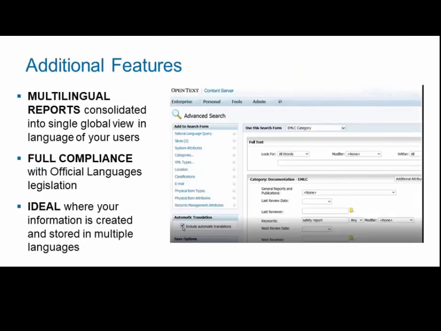And then we did touch a little bit, Ben mentioned some of the other features that we didn't present today: the multilingual reports, the workflows. Again, workflows can be started in one language, edited in a different language, and used by a third party or a user down the road in a completely different language. News channels as well. We do news channels for inter-company communication that can be translated on the fly, and live reports as well. So can your organization benefit from even just one of these features?